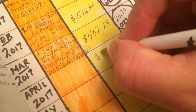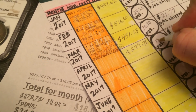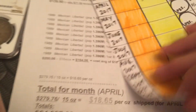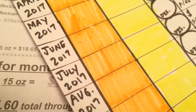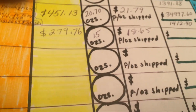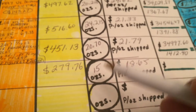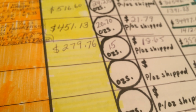But ultimately, let's see. Let's do it right now. $279. What did I say here? 76 cents for a whopping 15 ounces of silver. Okay? So what that does, it makes it $18.65 per ounce cost average. So I put here $18.65 per ounce shipped. So when you add this amount to this amount, you get right here, you get that amount. 35, so we get 35, oops, sorry, 277, 36,